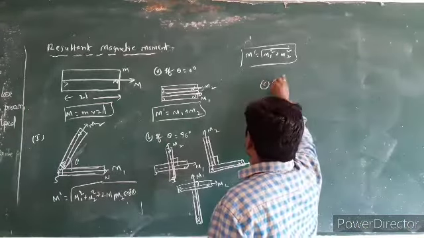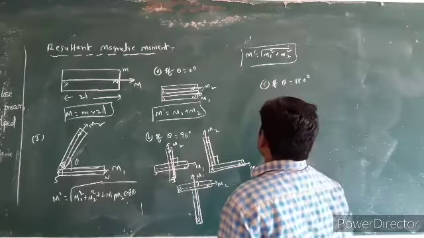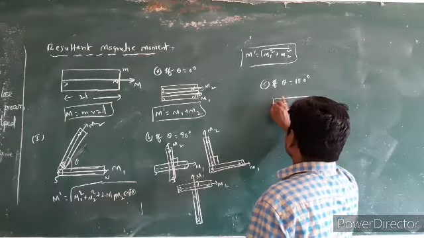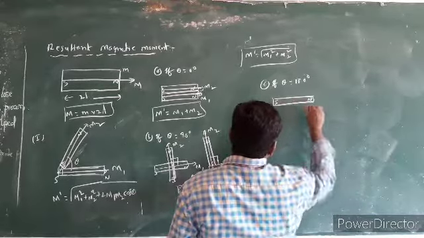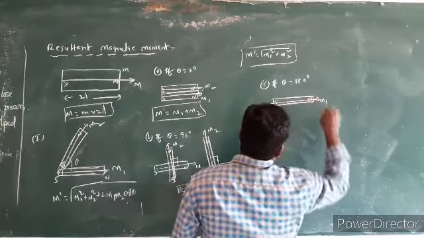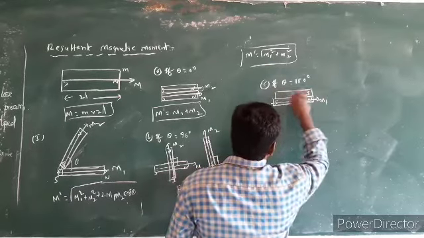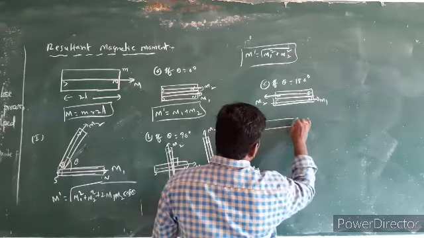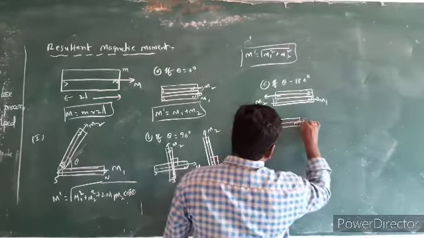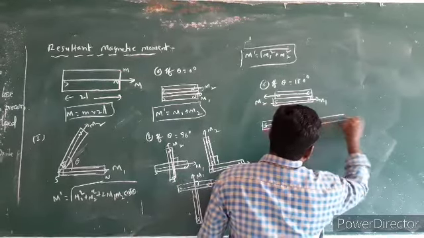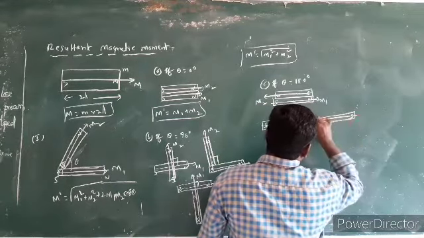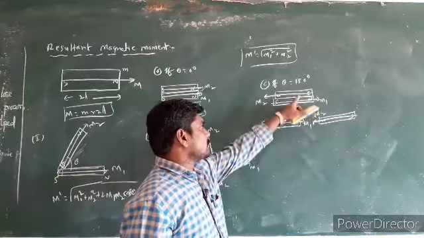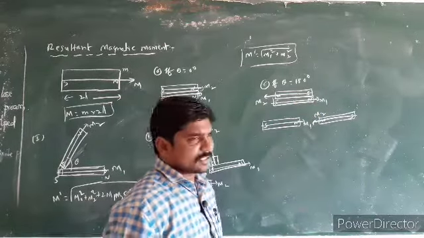Now case C: if theta is equal to 180 degrees, the angle between M1 and M2 is 180. The arrangement may be like this, south to north, the first magnet M1, and another magnet arranged like this, M2. We can also take it like this, south to north, M1, south to north, M2. The two magnetic moments are along the same line, parallel but opposite. These two diagrams represent the same case.